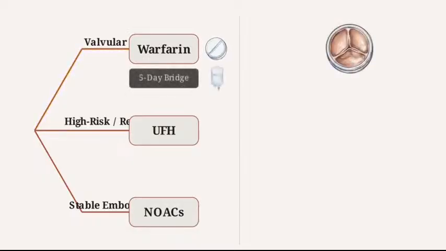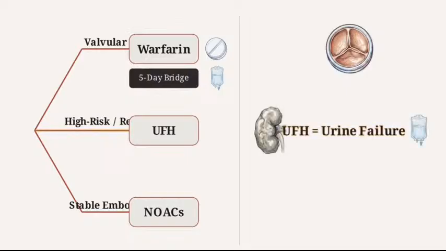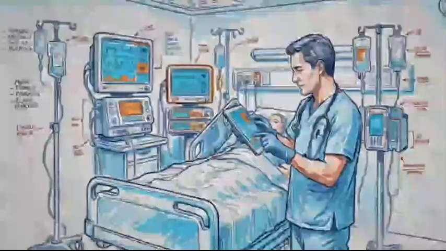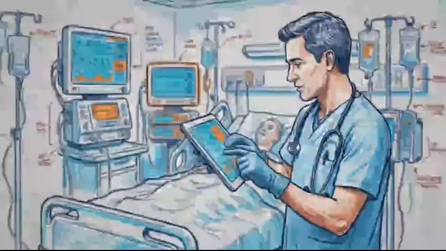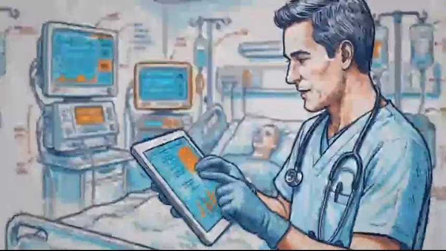Rule 1: valvular disease mandates warfarin with a 5-day enoxaparin bridge. Rule 2: failing kidneys or rapid reversal mandates unfractionated heparin. Associate urine failure with UFH. Rule 3: stable embolic events get NOACs. Mastering this algorithm replaces pharmacological confusion with a definitive bedside